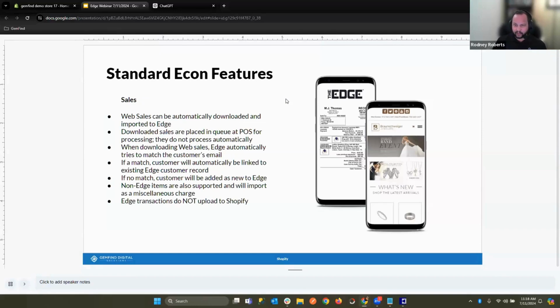All right, so the other thing is that with the other features, web sales can be automatically downloaded. So if you're processing a lot of sales, you can download the sales and then import them into the Edge system rather than ringing them up one at a time. When you get them imported into Edge, they're put into a queue. So from there, you just go through and say, okay, this one go, this one go, this one go. You process them in order so that you can box them up and get them ready